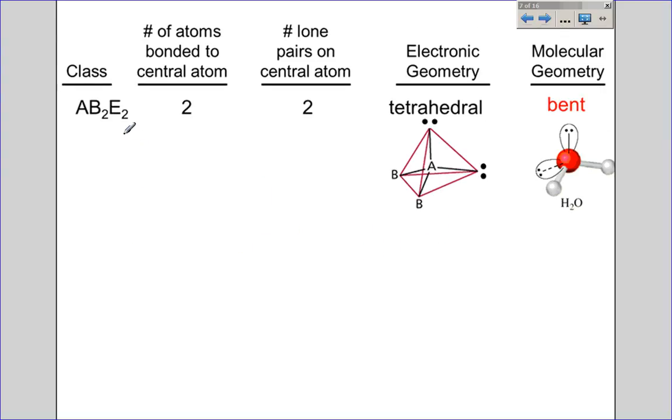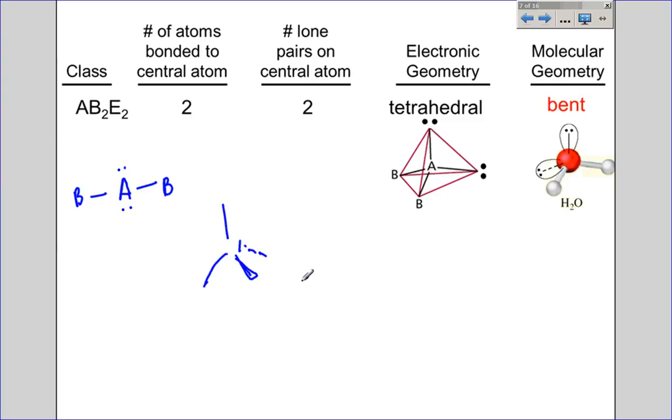Our next geometry is AB2E2. So that means we've got 2 atoms attached to the central atom, and we've got 2 lone pairs. This is like a water molecule. Because there's a total of 4 electron pair domains, the arrangement of the electrons, or the electronic geometry, is going to be tetrahedral. So again, tetrahedral